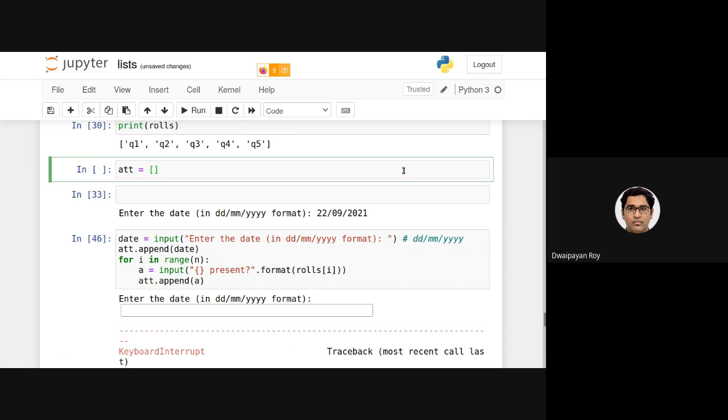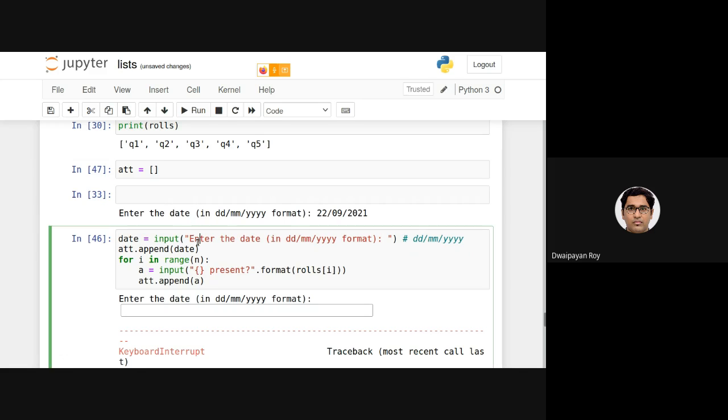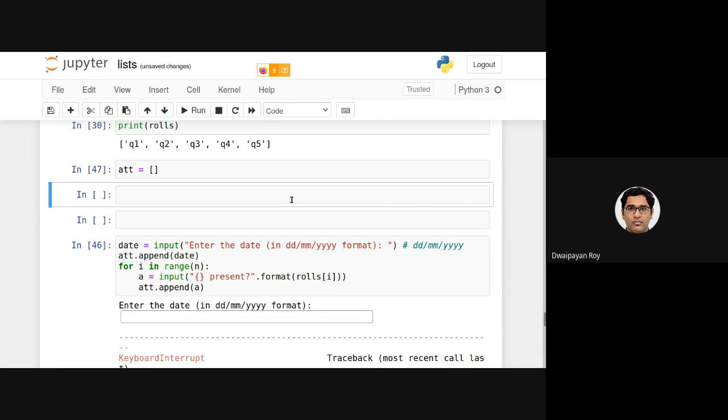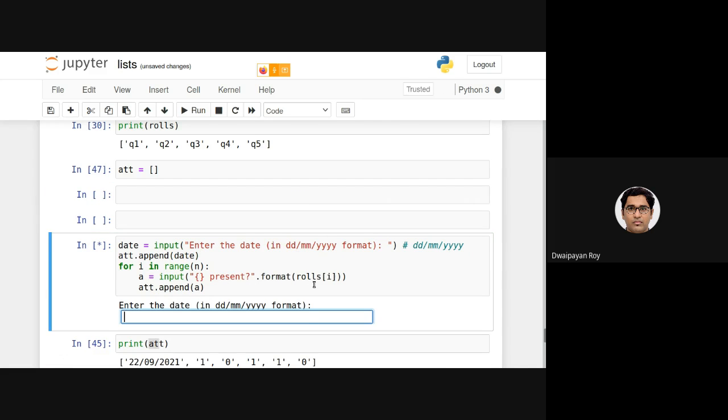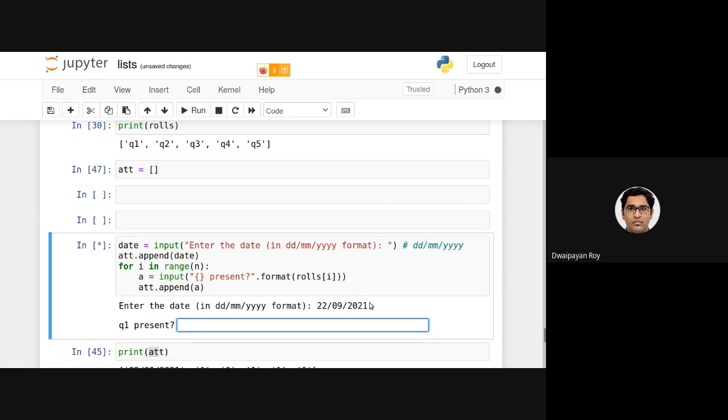Here, what I'm doing is I have initialized the att to a null list, or empty list. Now, this should be deleted. Now I am executing it. Enter the date, say 22nd of September 2021. Q1 present on this day.